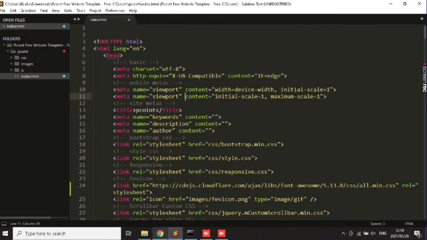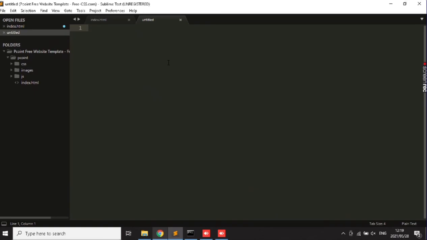Once this is done and you have it open, go to where your index.html page is in, or file. So look which folder it's in, and it's in this folder over here. Make sure you know which folder it's in, and go onto that folder, right click and create a new file,